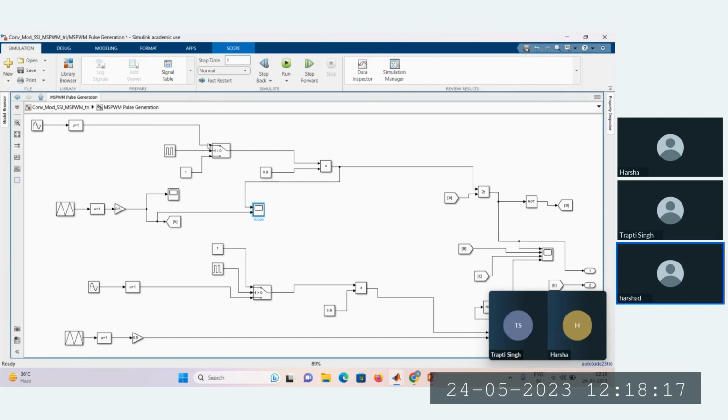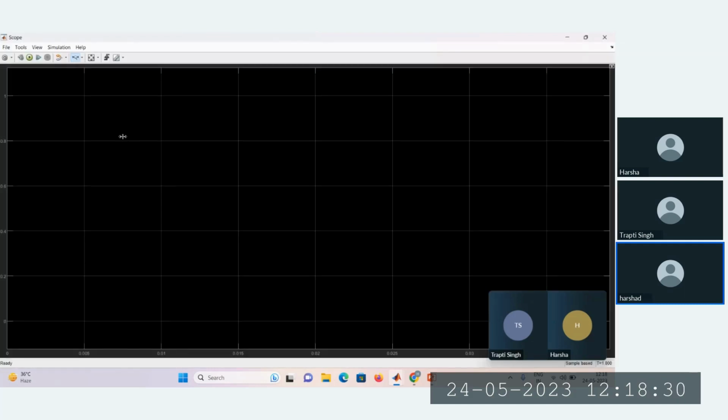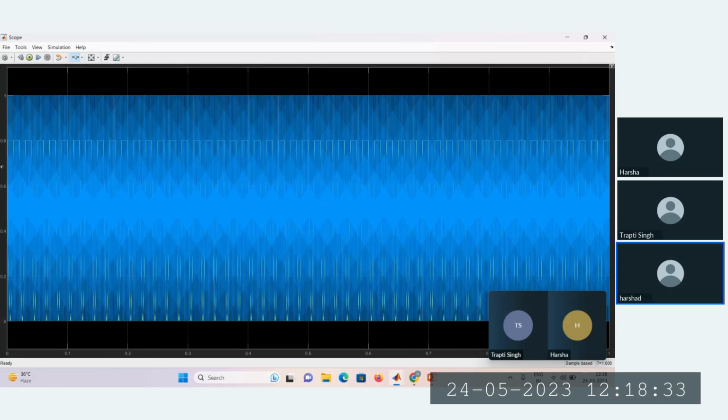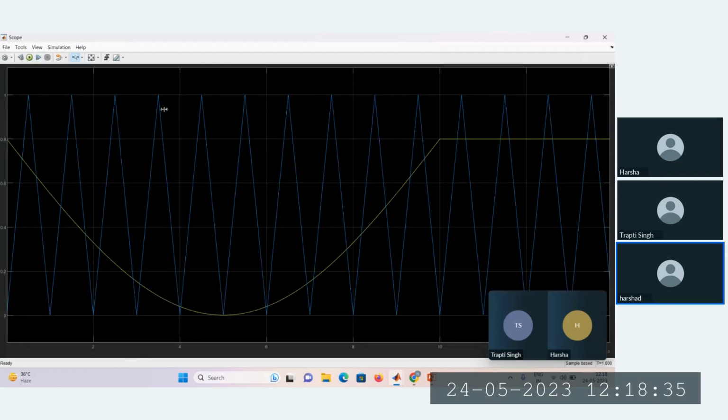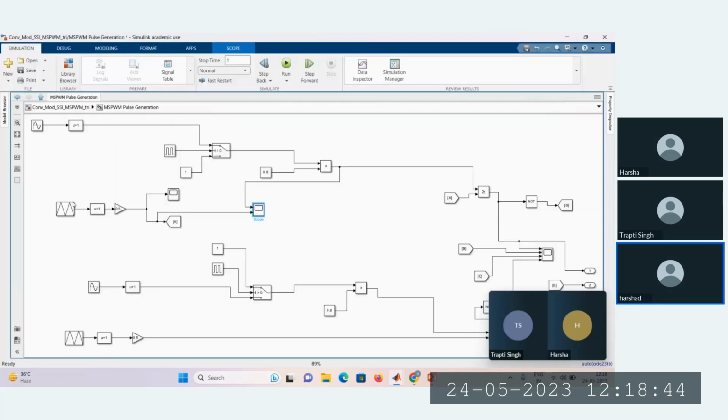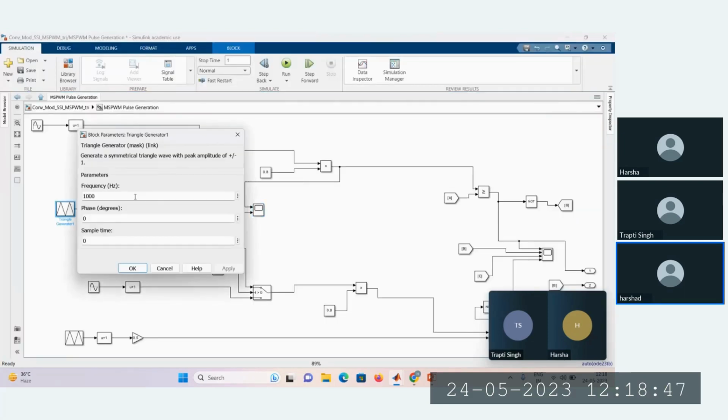These two reference waves are switched using a switch here and multiplied with 0.8 because I have chosen a modulation index of 0.8. After performing this operation, we could observe the output here. Here we have the carrier signal as a triangular wave and the inverted sine signal and a constant signal as the reference wave. For observing this output, I have reduced the frequency, but initially I have given the frequency